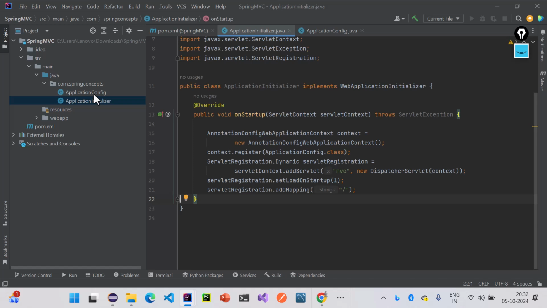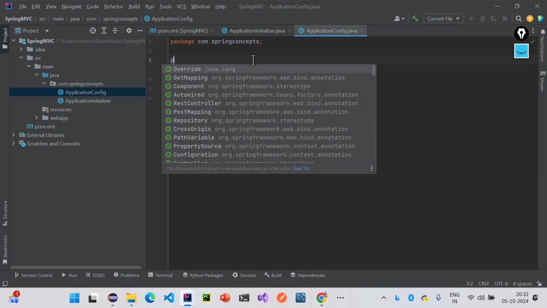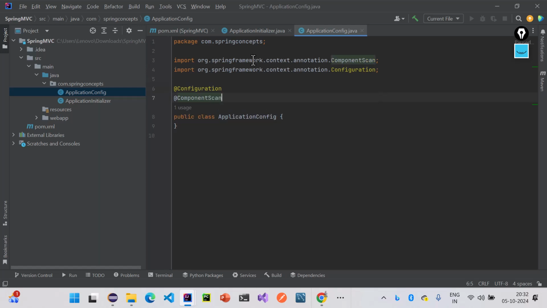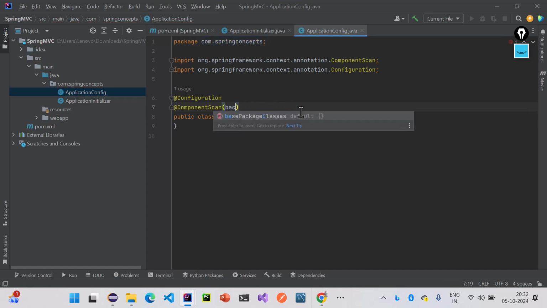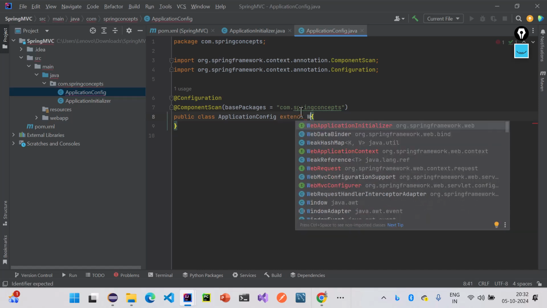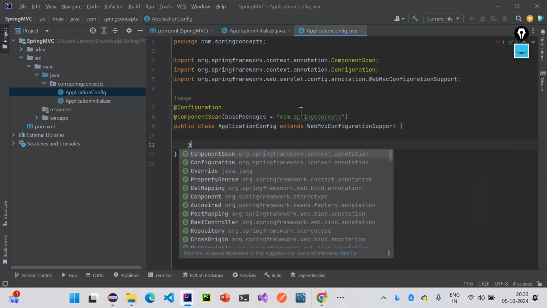Now comes the configuration, which will have the handler mapper and the view resolver. Right, so we'll write one @Configuration, and this particular class will automatically scan all controllers. So all we need to tell is base packages, this particular package I copied. It will automatically look for all controllers, component and service classes. It's a child of WebMvcConfigurationSupport,